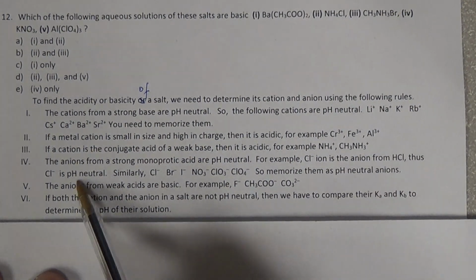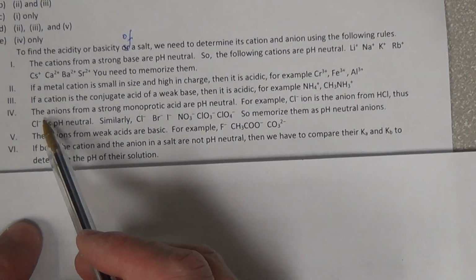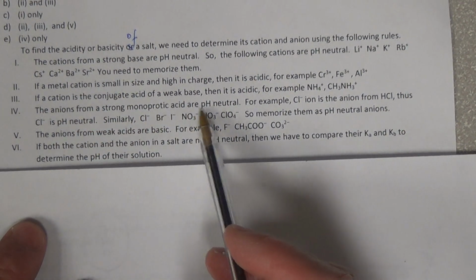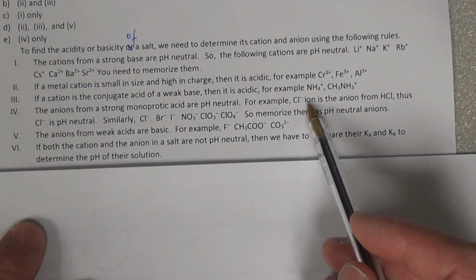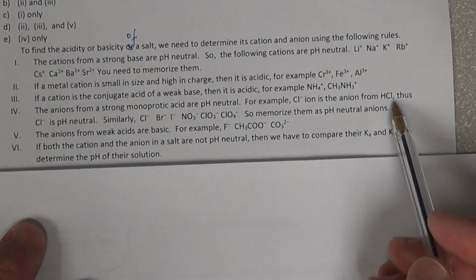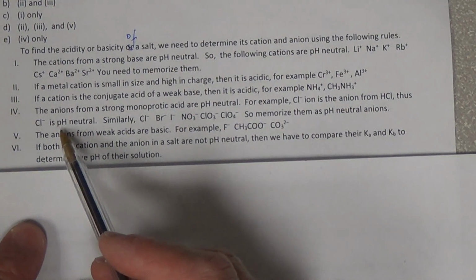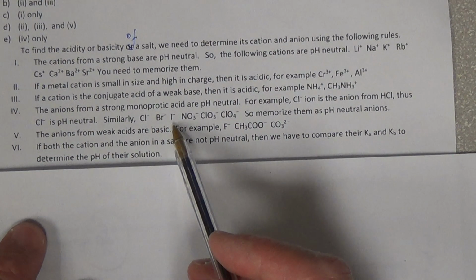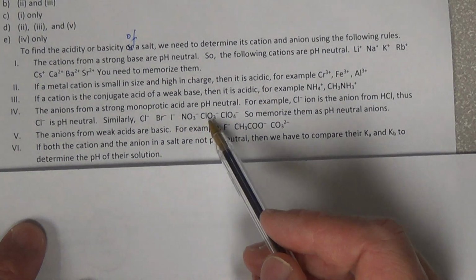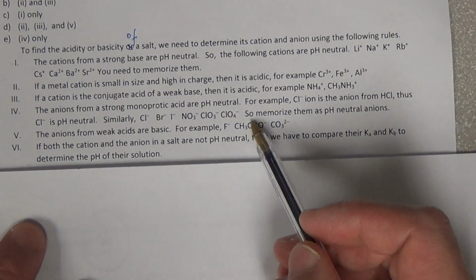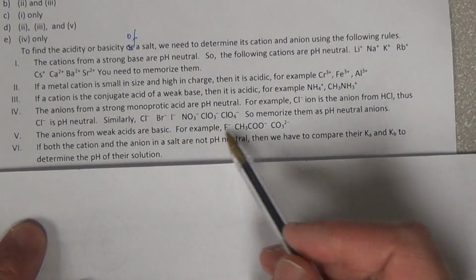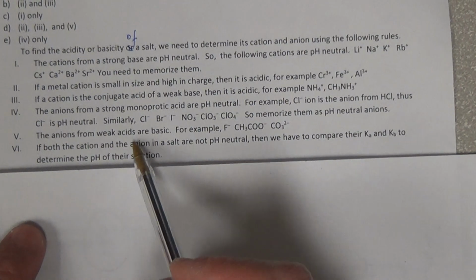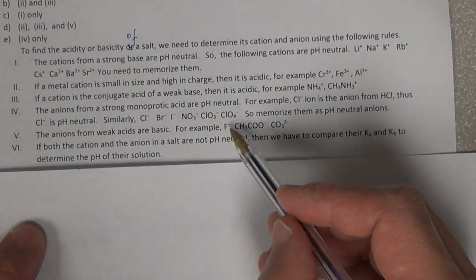And rule number 4: anions from strong monoprotic acids are pH neutral. For example, the Cl- ion is the anion from HCl, so Cl- is pH neutral. Similarly, Cl-, Br-, I-, NO3-, ClO3-, ClO4-. All those are pH neutral. Memorize. Okay? Then the anions from weak acids are basic. For example, F-